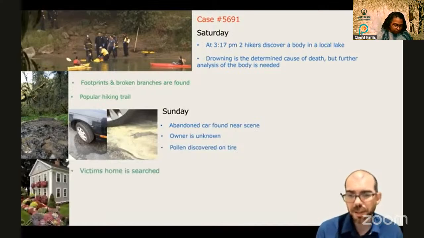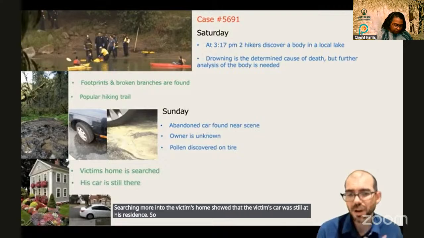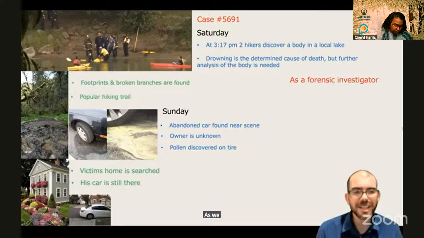Searching more into the victim's home showed that the victim's car was still at his residence. So we know the abandoned car did not belong to the individual who drowned. As we go through this lesson, as a forensic investigator, I want you to keep in mind